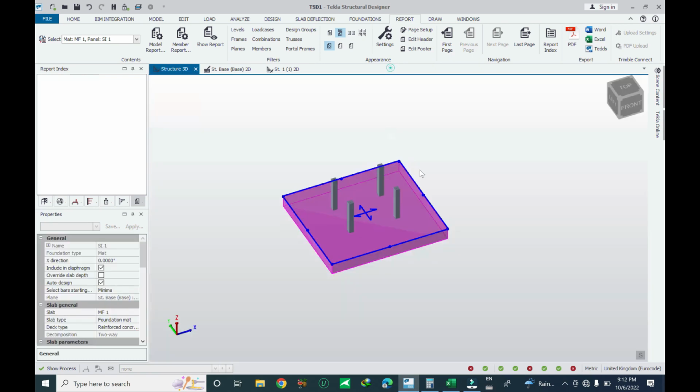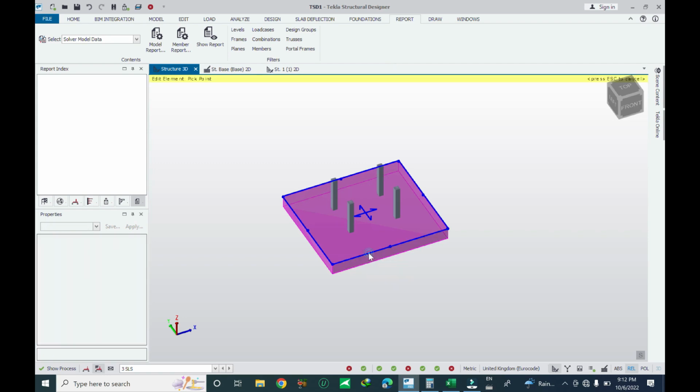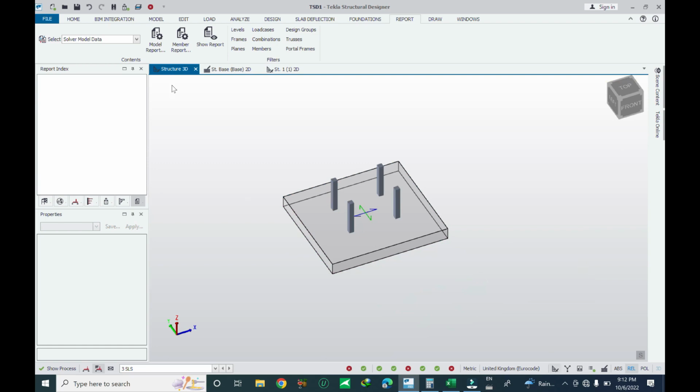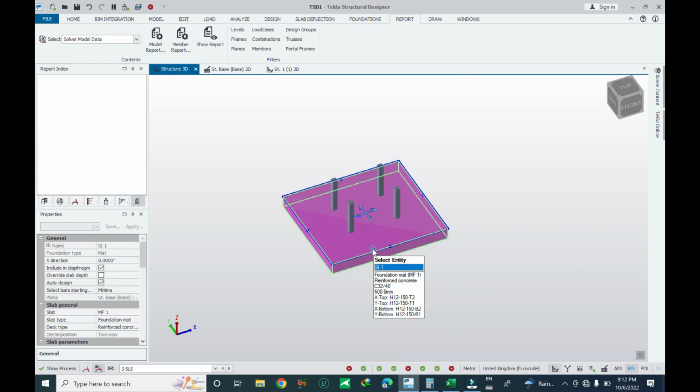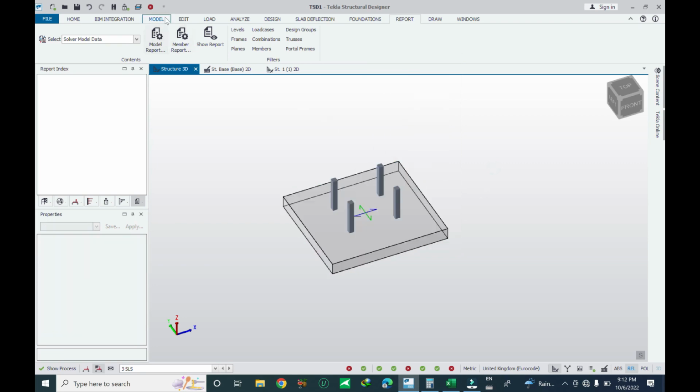Now let me close. Right click it again. Select, right click, escape. Select, right click, select, right click, yes. Now let me click on the